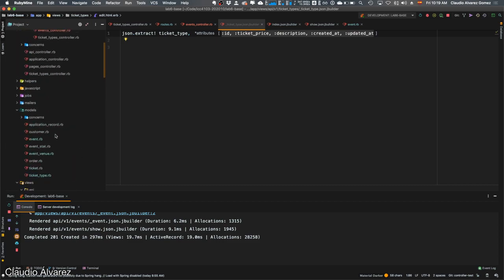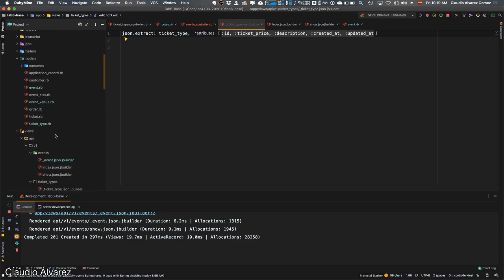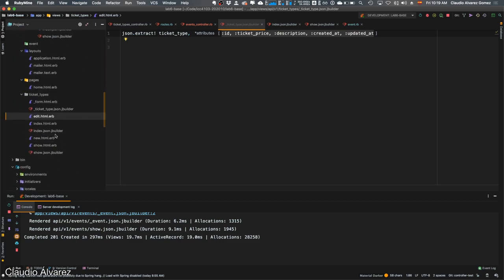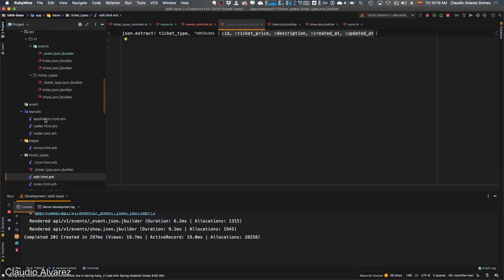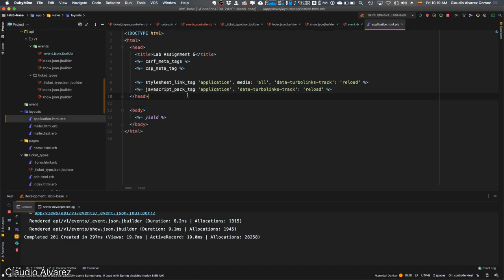There's in the ticket shop, if you go to the views folder, you'll see that there's a layout, obviously. And there's a layout here. You got the application layout. You see there's an HTML document here, HTML5. It has a header. It has a body. Yeah. There's a yield. This is embedded Ruby, right? When you see